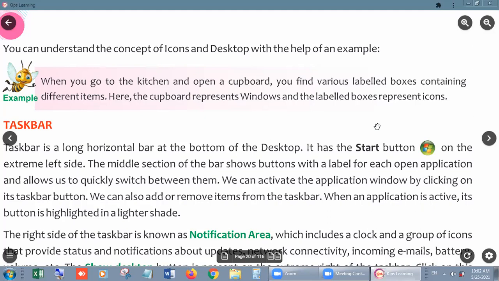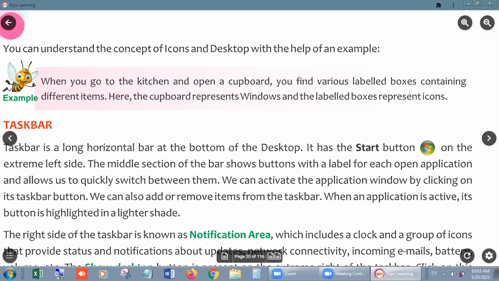Sometimes we paste a slip on it. Suppose inside one there is rice, inside another you can say tea leaves, in another sugar, in another turmeric, right, in another suppose sugar. Then you can write everything on those slips so that you can know very clearly which box has which item, right? So in this way you get to know from the outside itself.